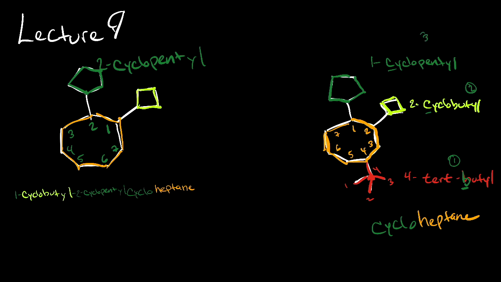So we can now structure these so that 1 cyclopentyl cycloheptane, okay, and then we take the next name, 2 cyclobutyl, and we have to add a dash in between them, 2 cyclobutyl, 1 cyclopentyl cycloheptane,